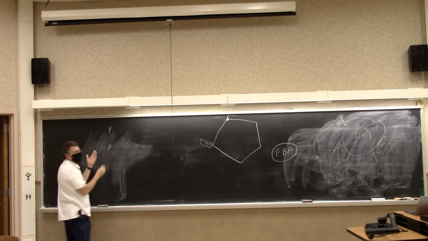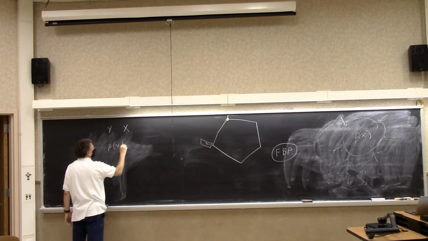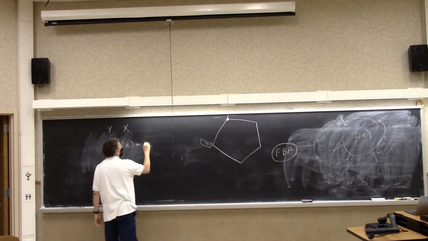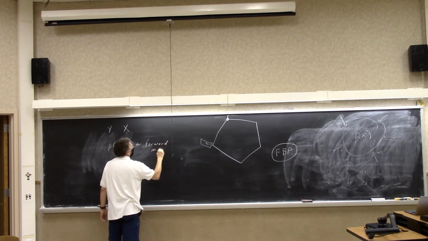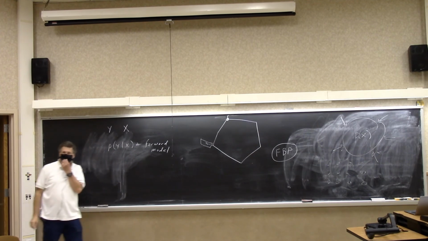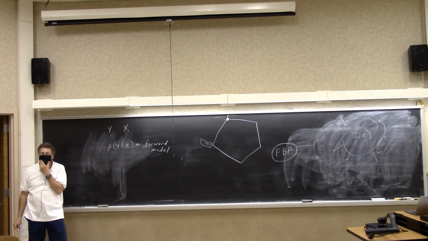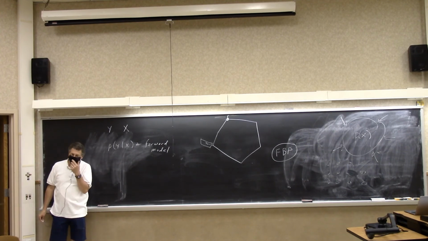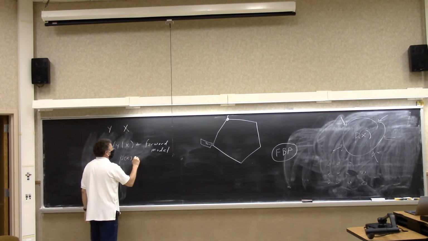So y is always used for the data, and x is always used for the unknown. So P of y given x is what's called the forward model. So you don't observe x? No. That's one of the things you have to get used to: that you're talking about the distribution of something that you haven't observed, or the value of something which you've never seen, okay? So P of x is called a prior